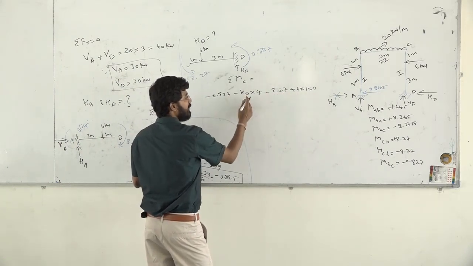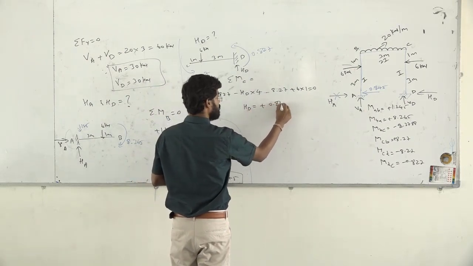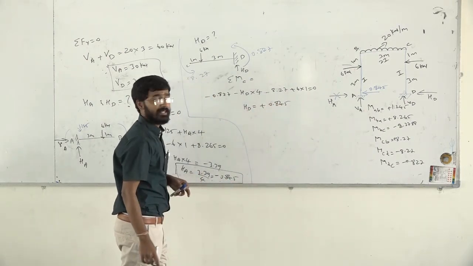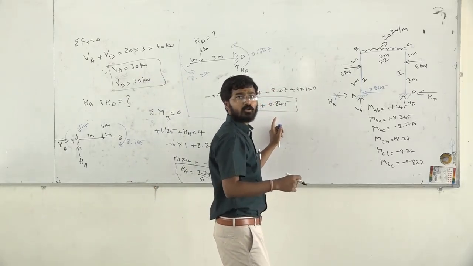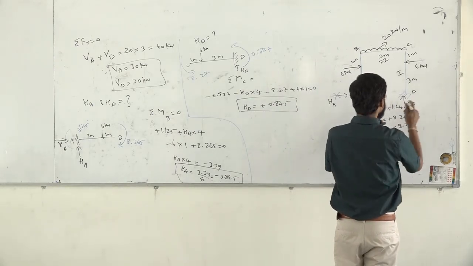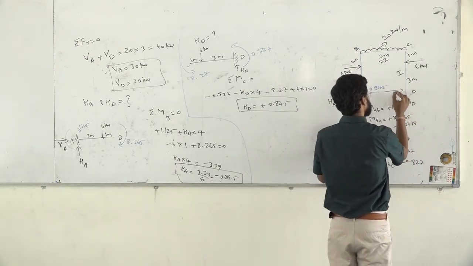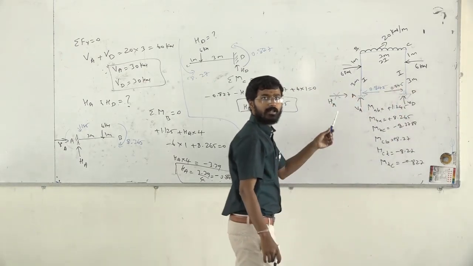If it goes there, then I have HD also minus. Then HD I have got as plus 0.845. HD I have got as plus this one. Now plus means that the arrow should go towards the right side. So this arrow whatever we have drawn is wrong. Then the arrow should be towards your right side. This 0.845, this value we have got.